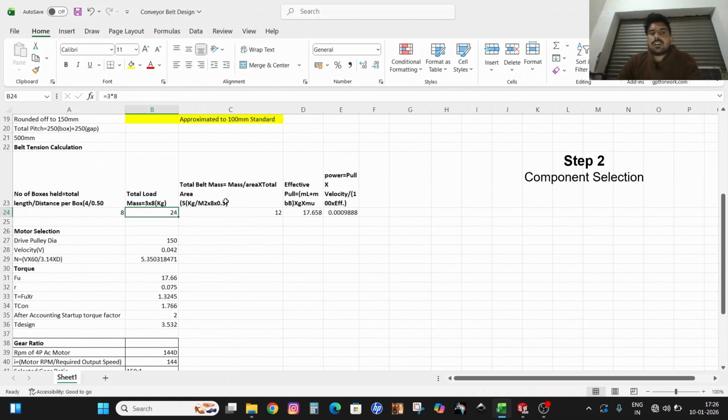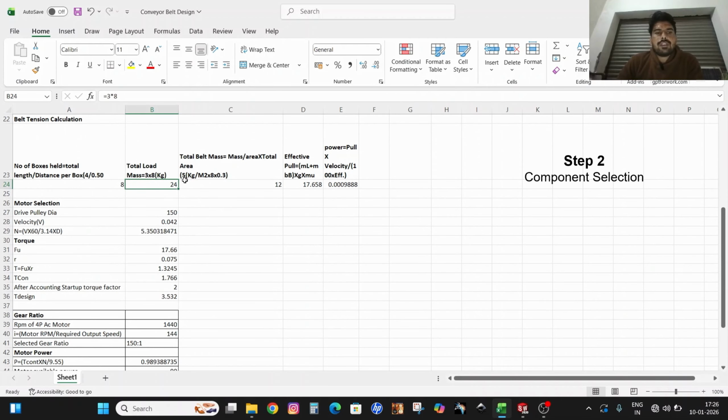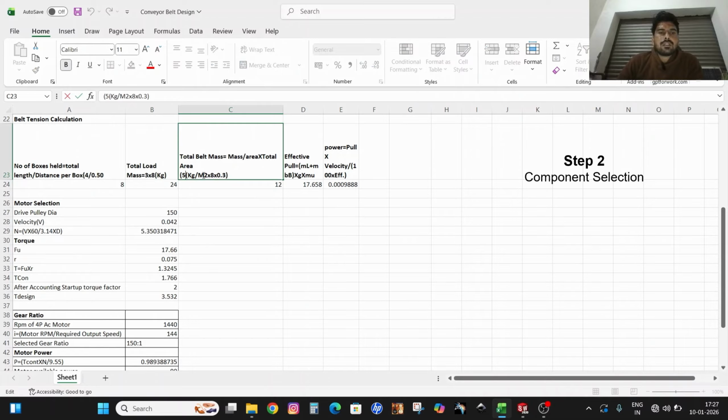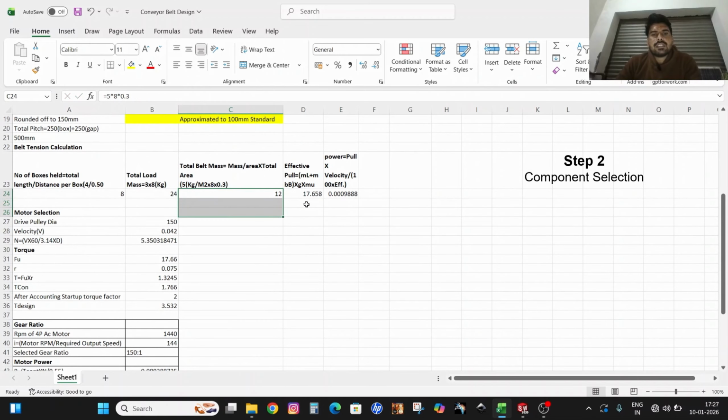Now calculate the belt mass, or belt weight, which is mass per unit area of the belt times total area. If we go by the PVC catalog of the suppliers, we get a typical weight per unit area of around 5 kg per square meter, multiplied by the total area, which is 8 times 0.3. So the total load of the belt will be 12 kg, and the effective pull will be this load plus this